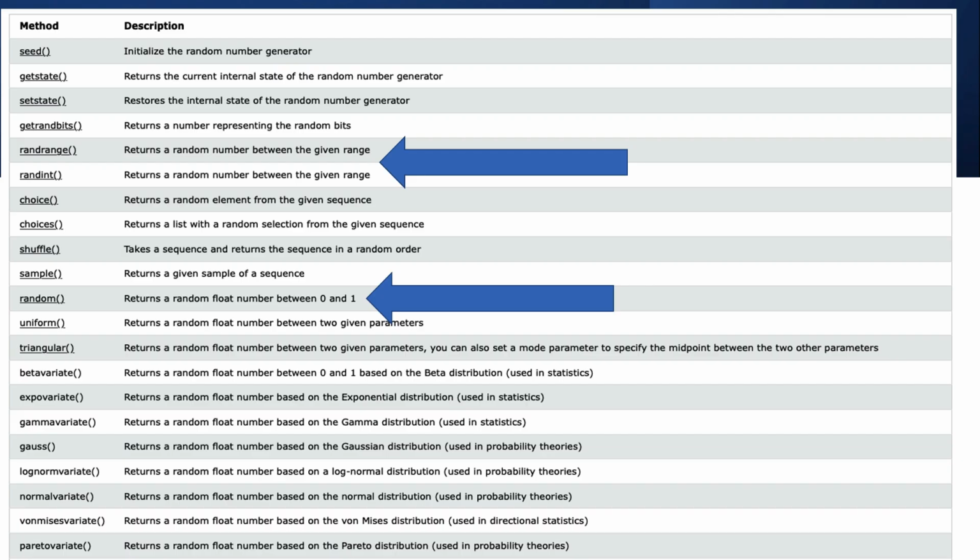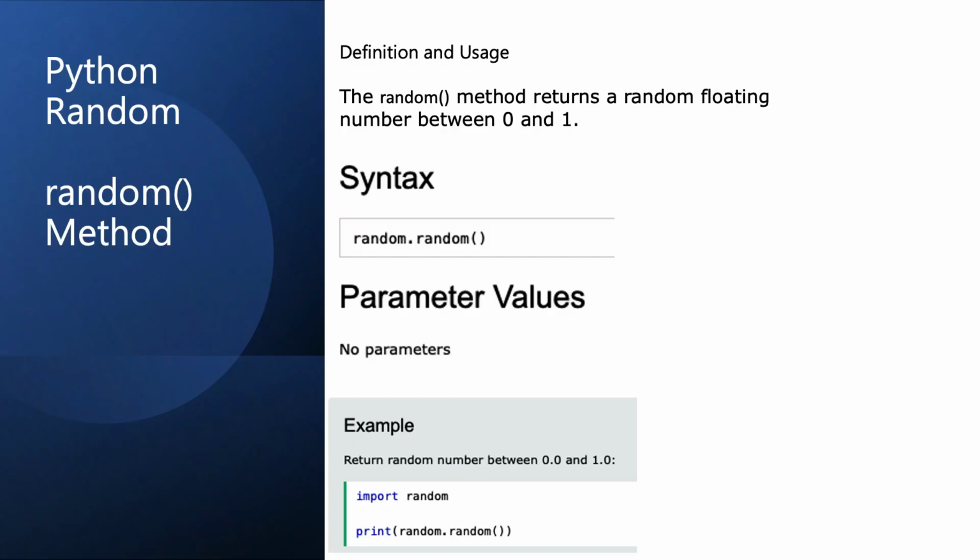And you can see from this slide that the random module comes with a slew of methods. I will talk about a few of them, like the random method, the randint method, and the randrange method. But please do look up the other methods yourself and learn more about them. Okay, so let's delve into an exciting feature of Python that opens up a world of possibilities, the random method,